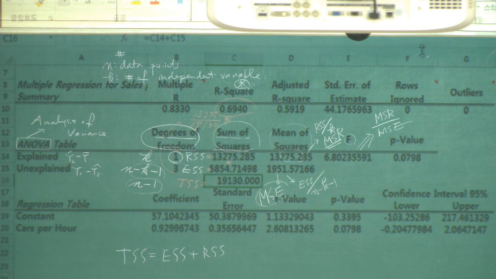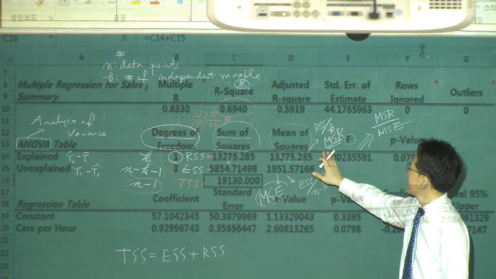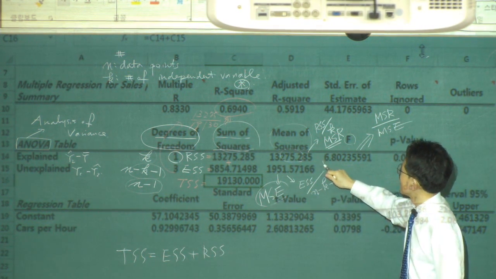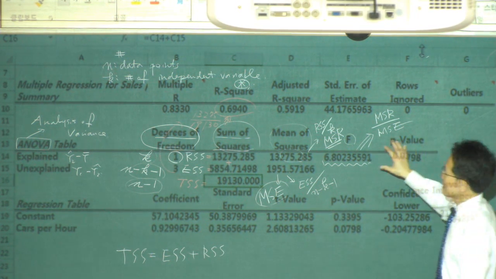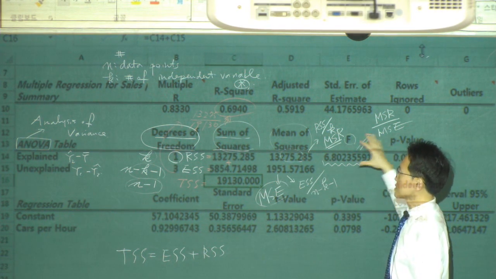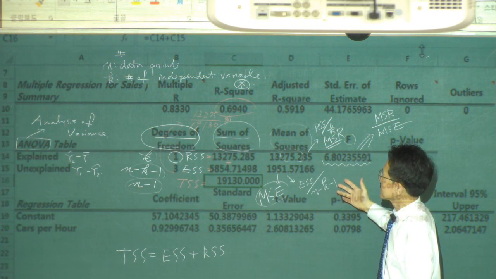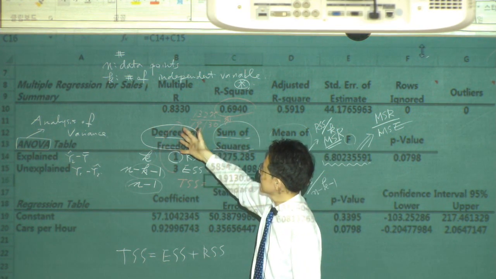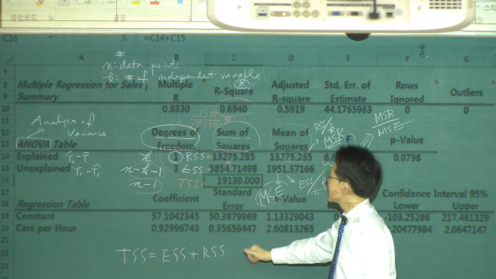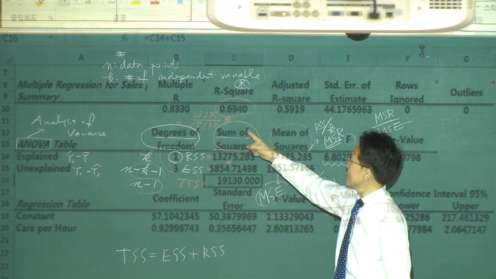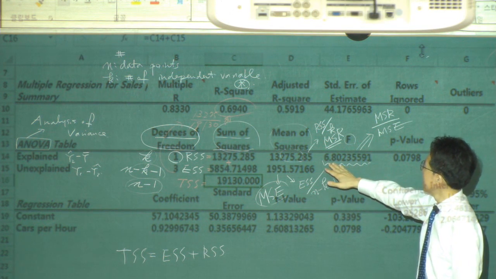MSR divided by MSE. In other words, you divide 13,275 by 1951, and you will have 6.8. So now we are calculating all these numbers. You can actually calculate all of them, but StatTools does that for you. Basically, you identify the degrees of freedom, you take the sum of squares like this, and then the mean of squares is just the sum of squares divided by the degrees of freedom, and then the F statistic is